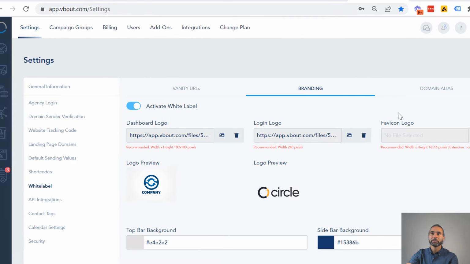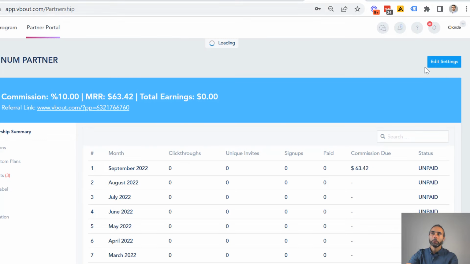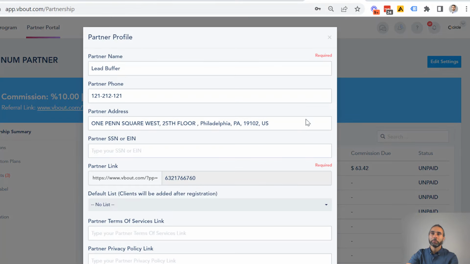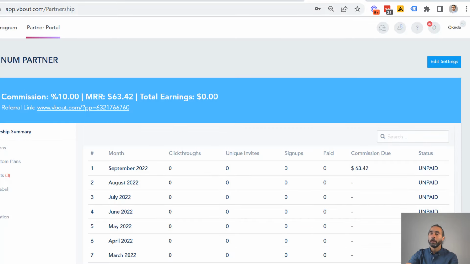So if I want to access that, I have an option to do it under my white label. All I have to do is go to my partner portal, click on edit settings, and right here it says the terms of services and privacy policy. So we let you control this to hyperlink it back to your own. Okay. Obviously, make sure you have these set up and your terms of services, the data protection agreement, and all of that are in place.